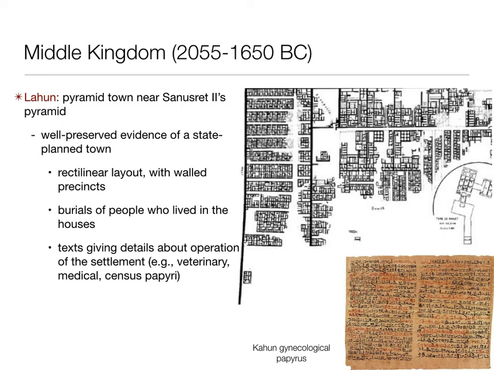But we do now know that there are cities. They just did not preserve very well because of flooding, and a lot of architecture was torn down to build Cairo in the medieval period. And there's a lot of reasons why we don't see a lot of evidence for cities in the same way we do in Mesopotamia. But one example of a state-planned town is this site of Lahun or Kahun. And again, very well laid out, rectilinear layout, orthogonal, individual houses. You can see differences in class.